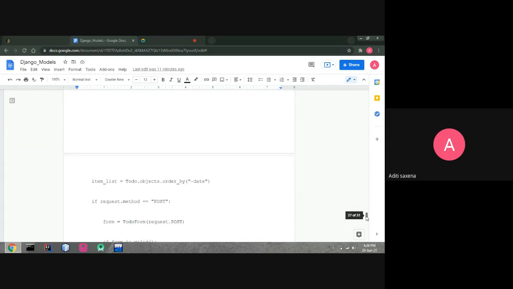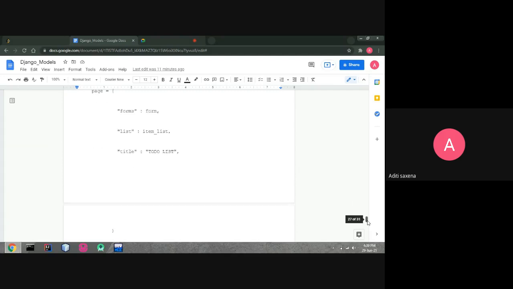So we will redirect it to the app, and the form is the to do form. The page has form, list, and title. Form is the form, in the list we provide the item list, and the title is to do list. And the to slash index.html page.